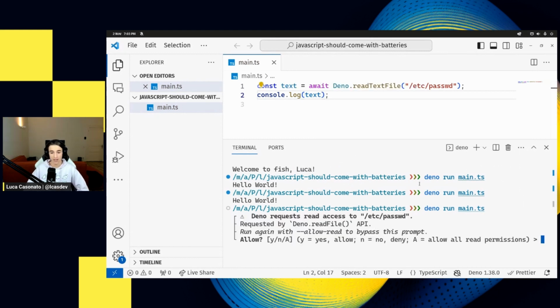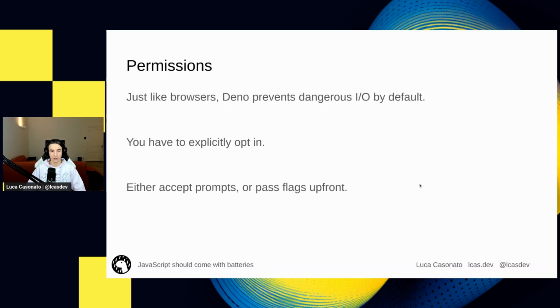And let's run it. And you can see this doesn't work. And why does it not work? Because Deno is requesting access to /etc/passwd. This is something that we call permissions. I mentioned earlier that Deno is secure by default, just like browsers, which means that Deno prevents dangerous I/O operations by default. Any I/O that you want to do in Deno, you have to explicitly opt in, which means that